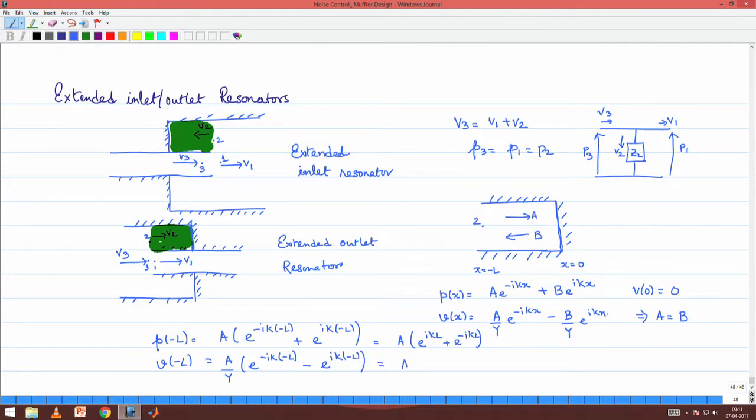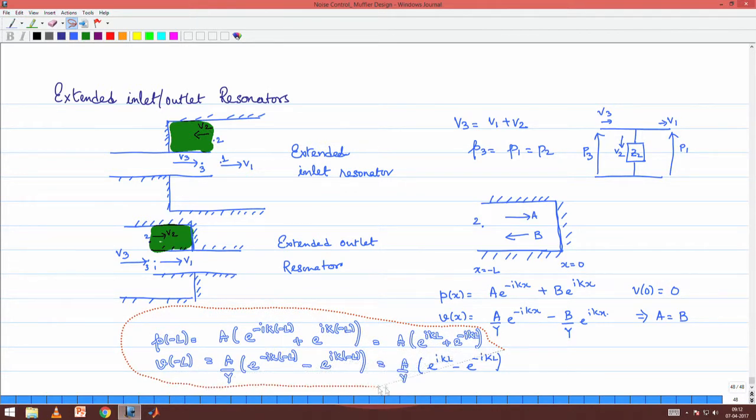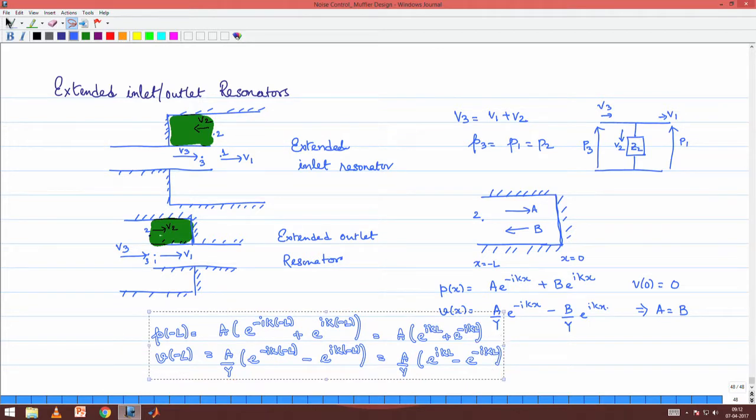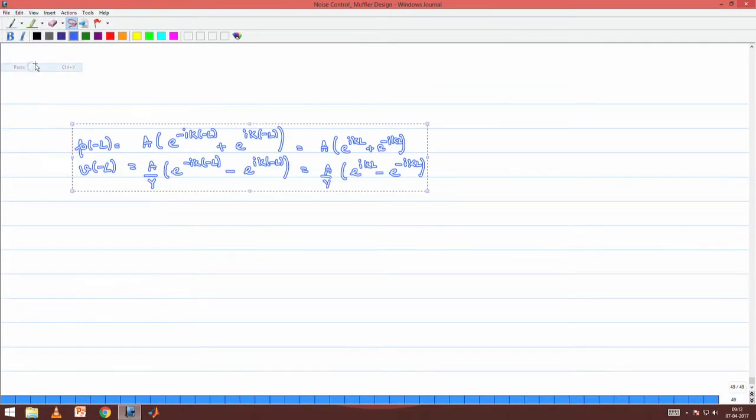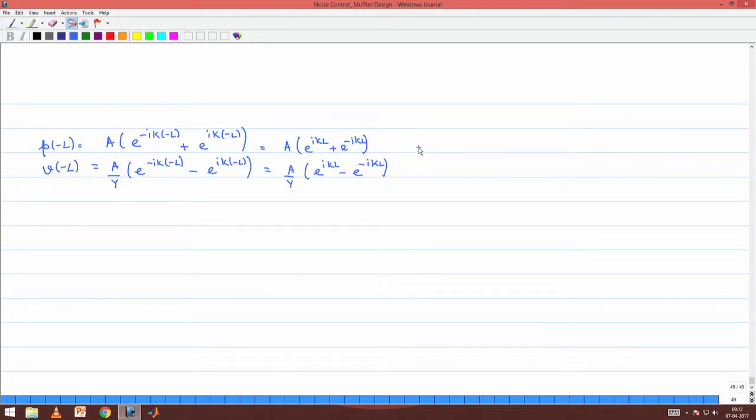So, that would read as A by Y times e to the power i k L minus e to the power minus i k L. And using these two relations, which I will copy in the next page,